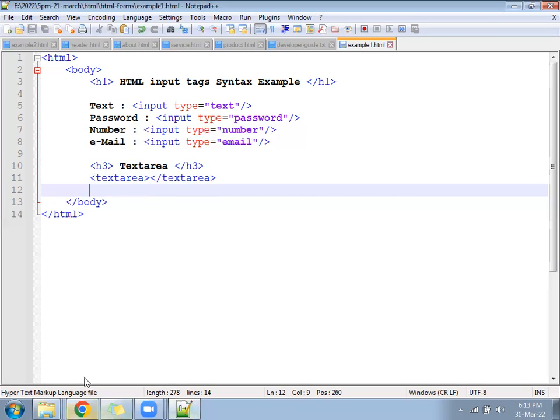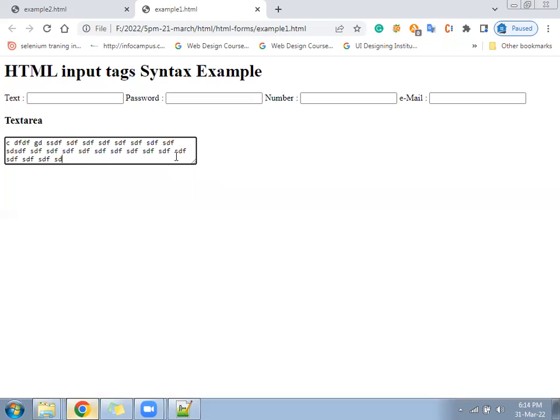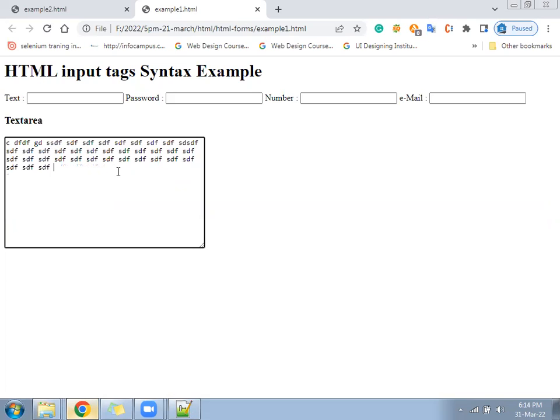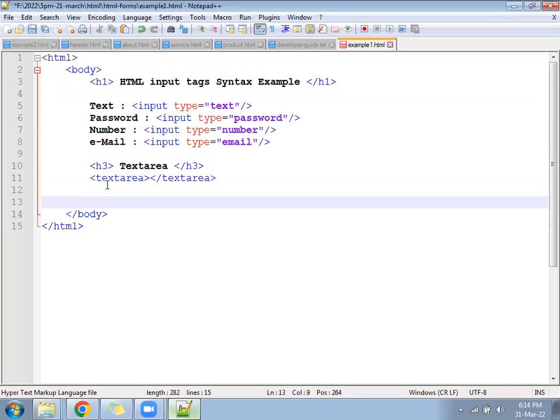Okay, so it is here. Yes. Multi-line input. If you enter anything, it will go to the new line. Here, if you enter anything, it will come to the new line. Text area is to ask for multi-line input from the user. We can resize also according to need. So from here, next, after that, we have called